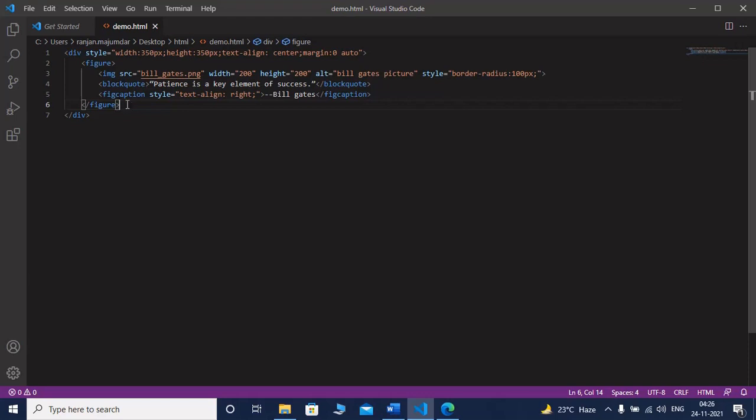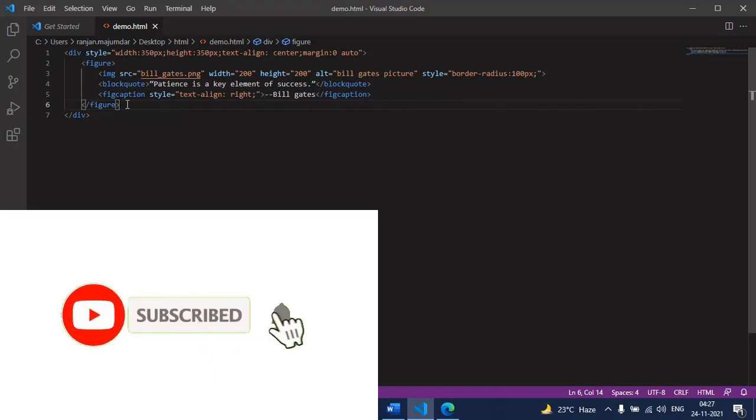In this tutorial I have explained the figure element. I have also explained image, block quote, fig caption, which are basically used within figure. I explained the usage of div, where div is basically a container where the content is figure.